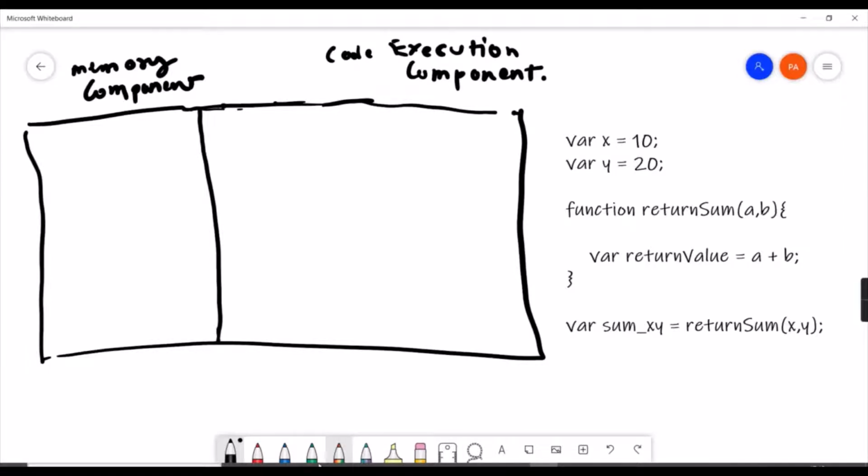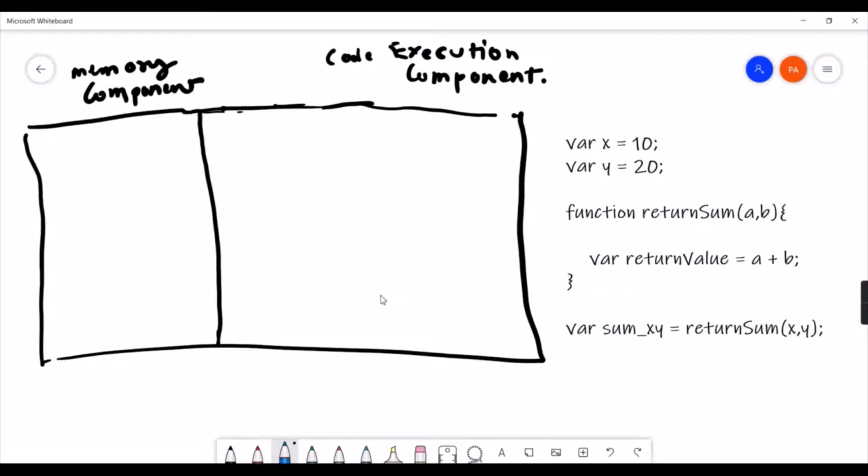Now whenever the global execution context is created, the first phase is assignment of memory to the variables and functions in our program. What the engine will do is check all the variables and functions present in our code and assign memory to them. So it will be x, which will be a key. Then we have y.